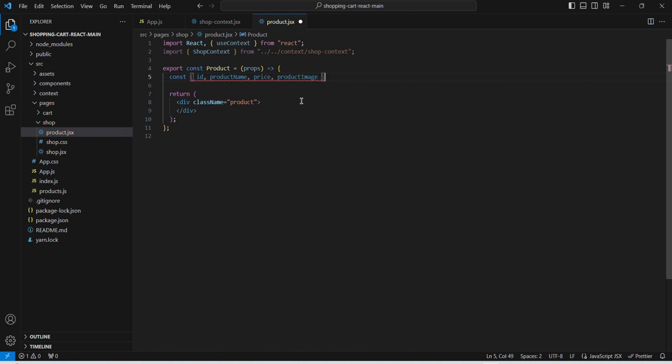Okay, now I'm going to use the useContext hook to access the context and extract the addToCart function and cartItems state, and then retrieve the count of the current product in the shopping cart from the cartItems state. Then